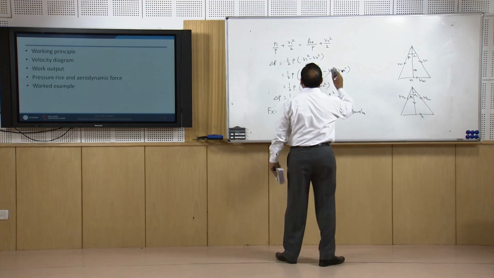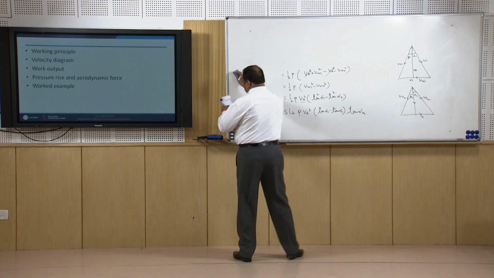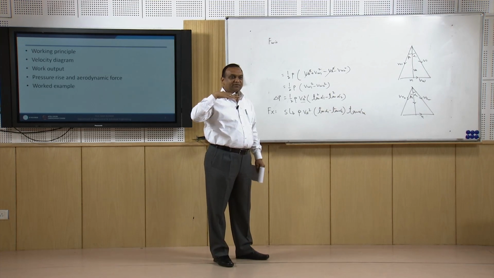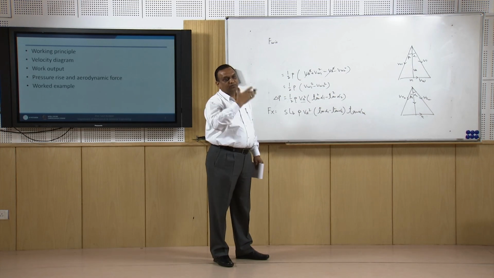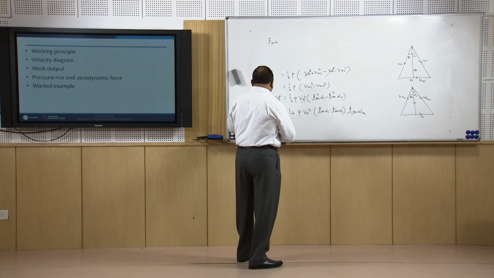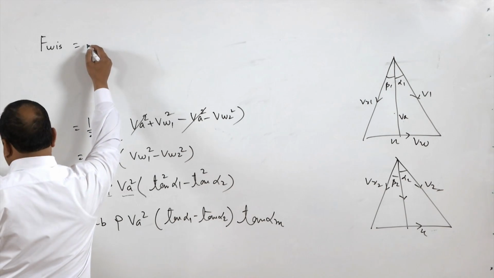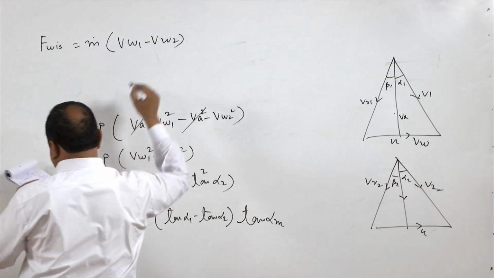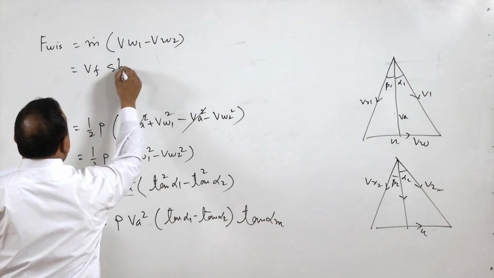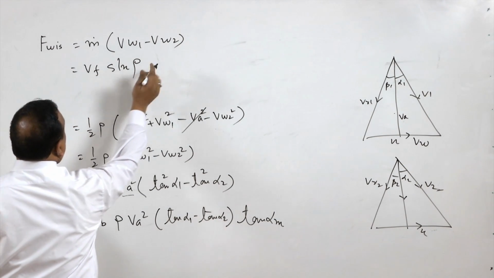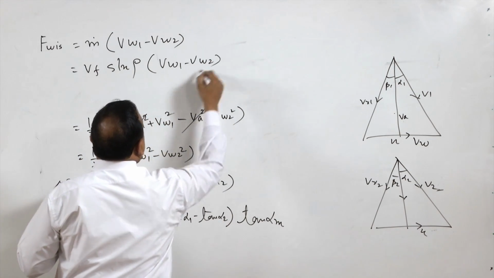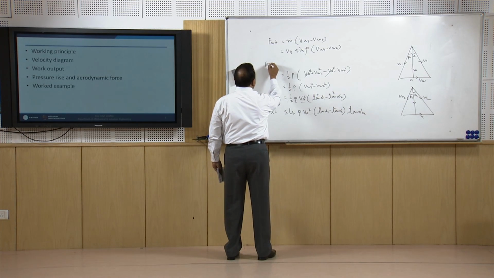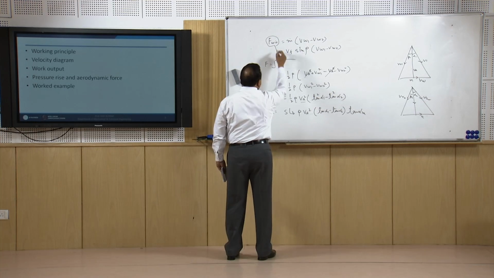Now, the compressor will also experience the whirling force, which is perpendicular to this one. This is a compressor. So, force will be exerted in the axial direction, and force will also be exerted in the whirling direction, and that force is mass flow rate multiplied by (VW1 minus VW2), and that is VF S L rho. This is volume, this is density, times VW1 minus VW2. The net force on the axial flow compressor will be the Pythagorean sum of these. It means the net force is going to be equal to the square root of the square of this force plus the square of this,